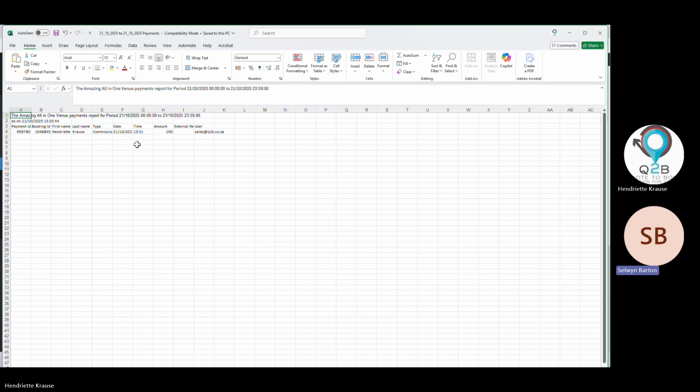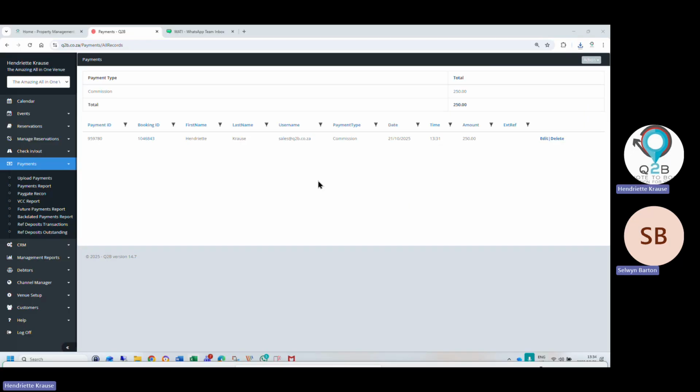I can only manipulate that in the Excel sheet. Yes. Then you report it back into the system. You can capture it again as commissions paid or anything, so that you can indicate that the commissions are paid on that booking.